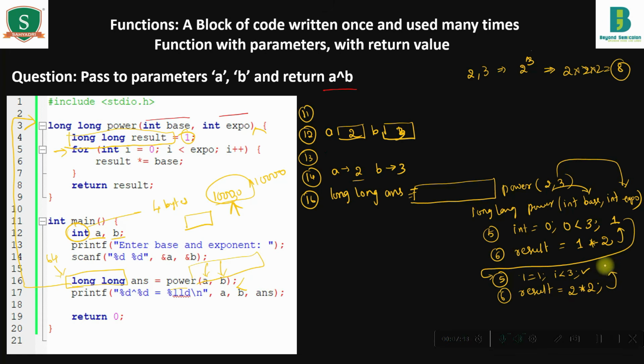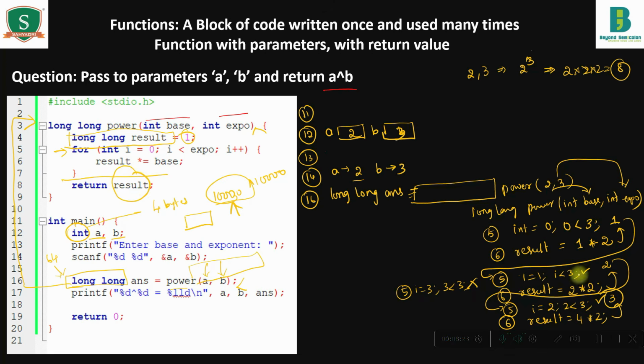From here i is updated to 1 plus plus, that is 2. From there the 5th statement gets executed. i is equal to 2, less than 3, condition is correct. 6th statement, result is equal to, already result value is 4, multiplied by 2. From here it goes back and updates i to 3. Here in the 5th statement, i is equal to 3, less than 3, condition failed. After coming out of the for loop, return result value. The current result value is 8. 8 is returned